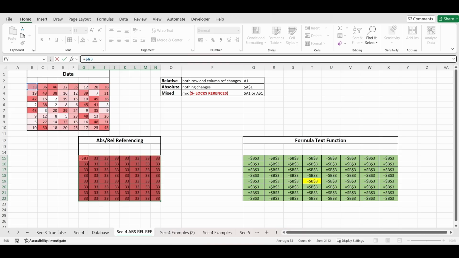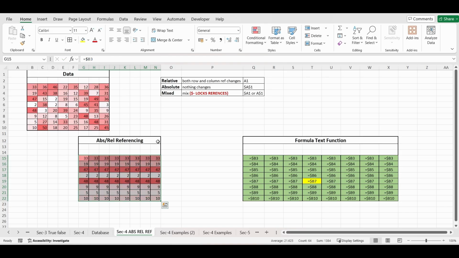So what will happen is, earlier in the relative reference, wherever the column number gets incremented or changed, now it will not change because you have simply put a lock over here. If I press Ctrl and Enter, the formula updates for the whole grid. Now you see what happens. For the very first cell, it's actually B3.